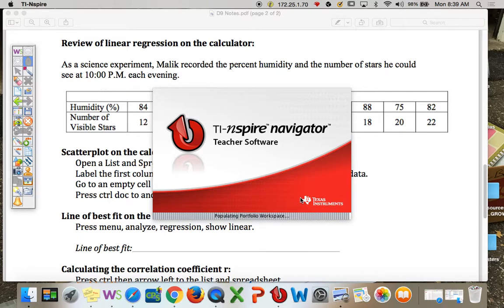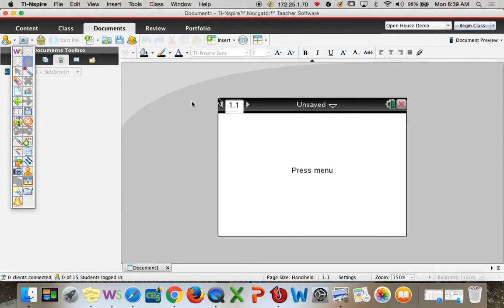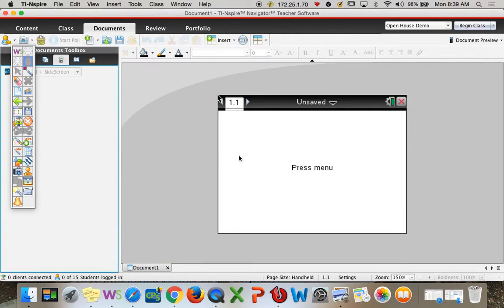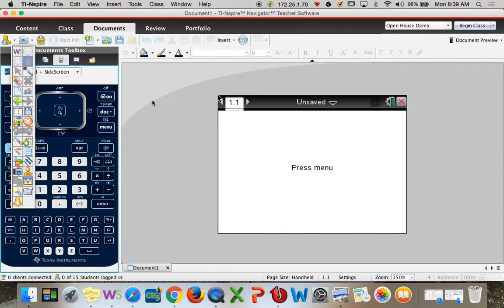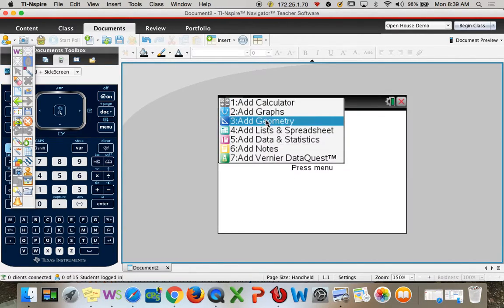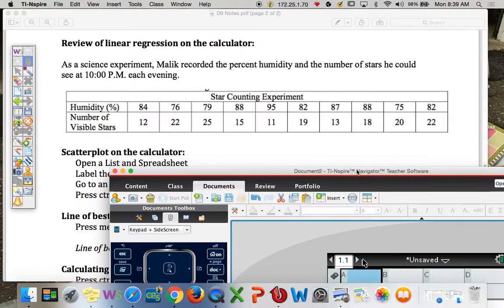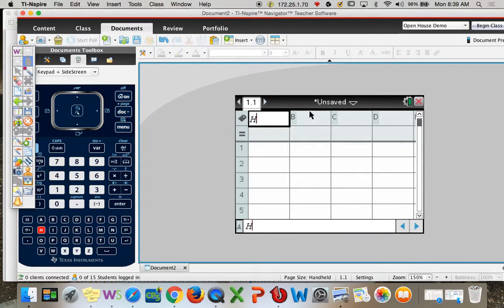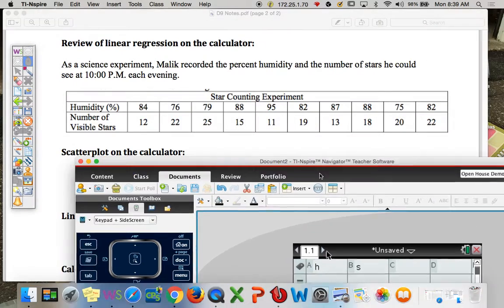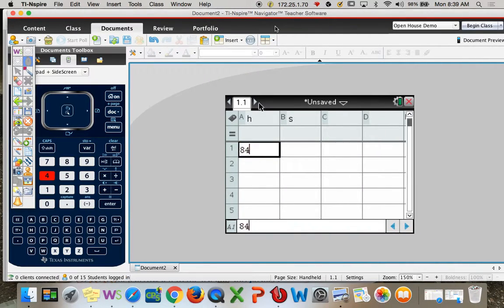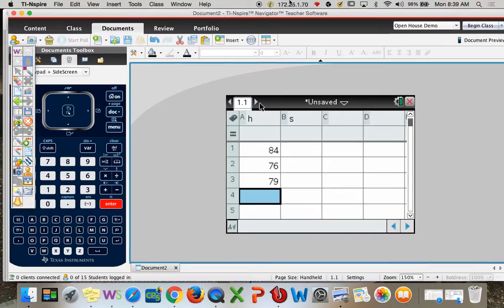So I'm going to type these in, and all the directions are here. So it takes a second to load here. Okay, so we're going to go home. We're going to add a new document. We're going to add a list and spreadsheet, and we're going to name it. And if we look at our data here, this is humidity, so I'll call it humidity, and I'll call this S for stars. And I'll type in these numbers: 84, 76, 79, 88, 95, 82,